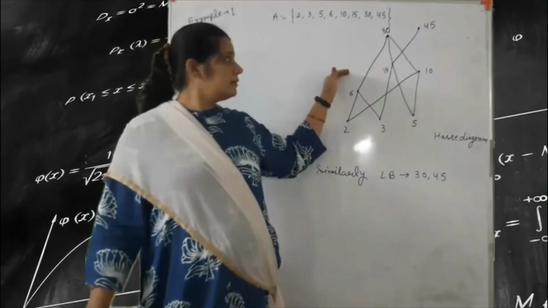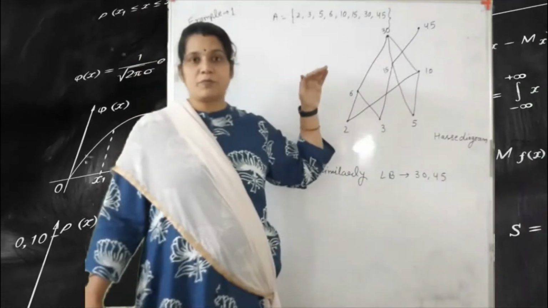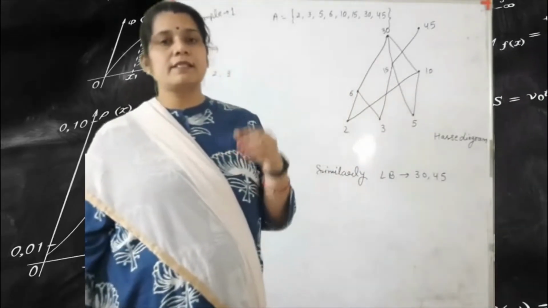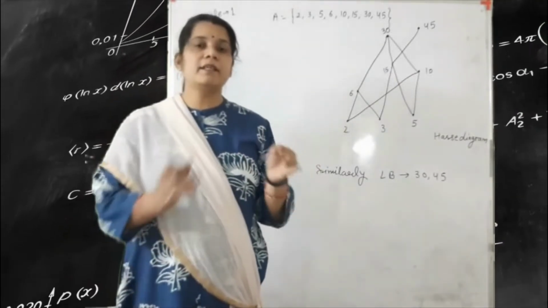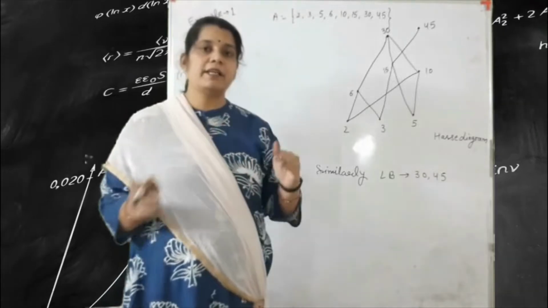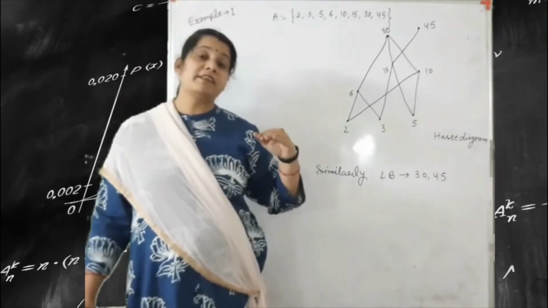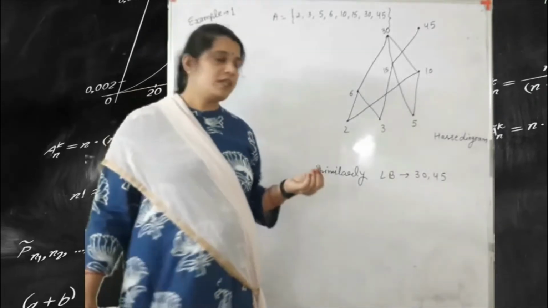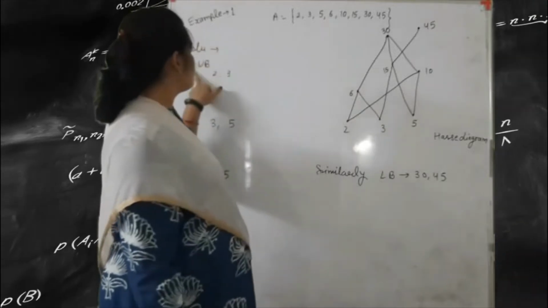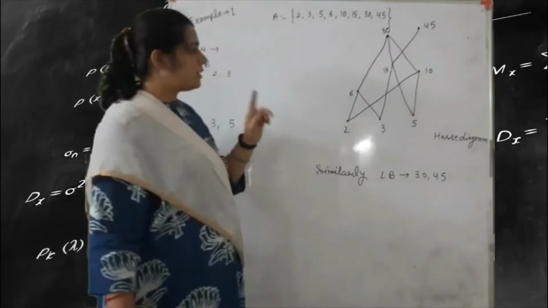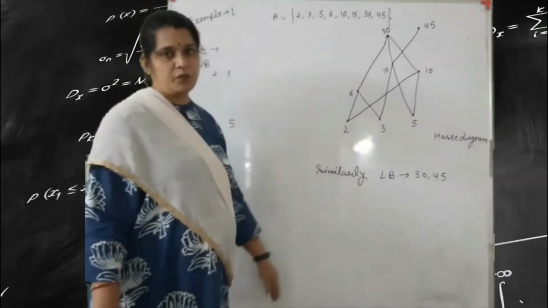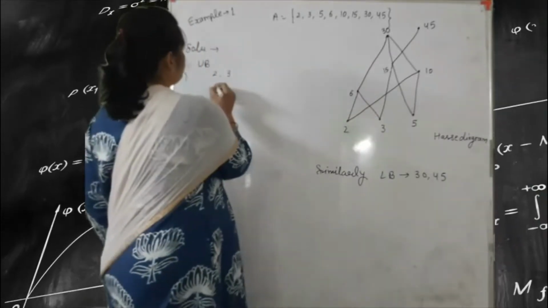Okay, and our topic is what? Our topic is the least upper bound and the greatest lower bound. Okay, that means according to the upper bound you find the lowest upper bound, and according to the lower bound you find out the greatest lower bound. Okay, so here the solution is: first we find the upper bound. Okay, so here we have 2 and 3. So what is the upper bound?